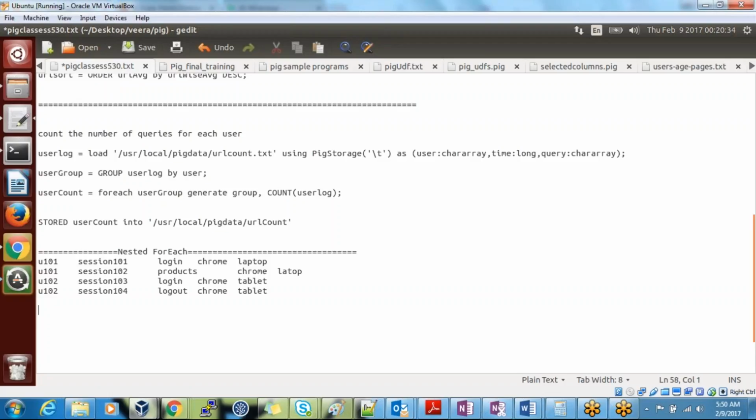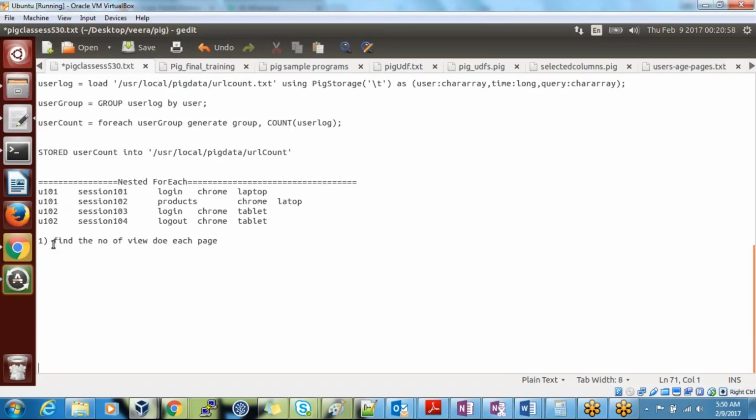This is my data. So my first question is find the page views for each page. Number of views, I can say. Number of views for each page.